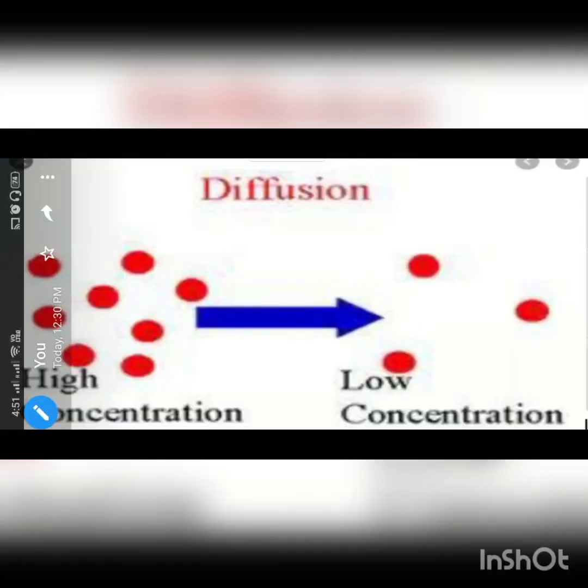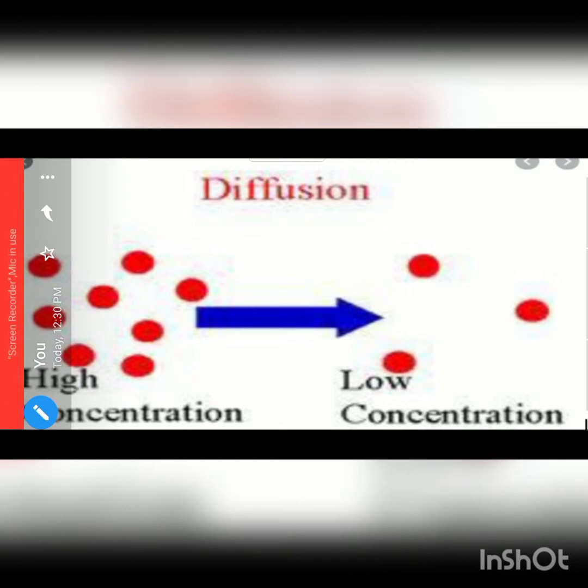Now we studied that the plasma membrane is a selectively permeable membrane and it allows the entry and exit of materials. How does the movement of these materials take place into and outside the cell? Some substances like carbon dioxide or oxygen can move across the cell membrane by a process that is called as diffusion.